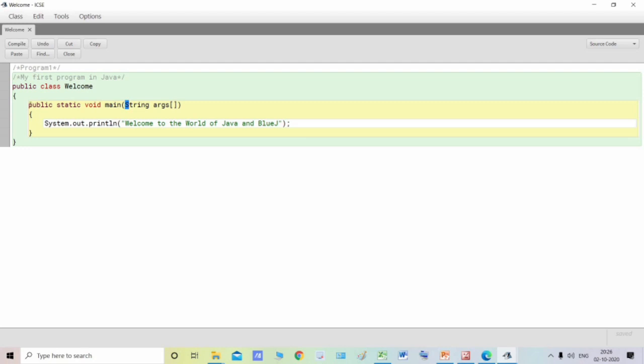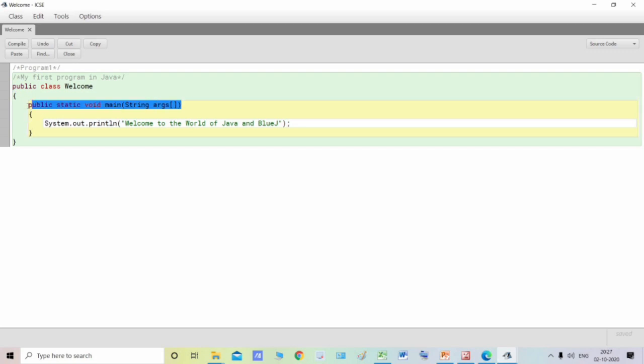Remember, public all in lowercase, static all in lowercase, void again lowercase, main again lowercase, and then inside the bracket you will write string, then open and close the square brackets, and then you will close the round bracket.